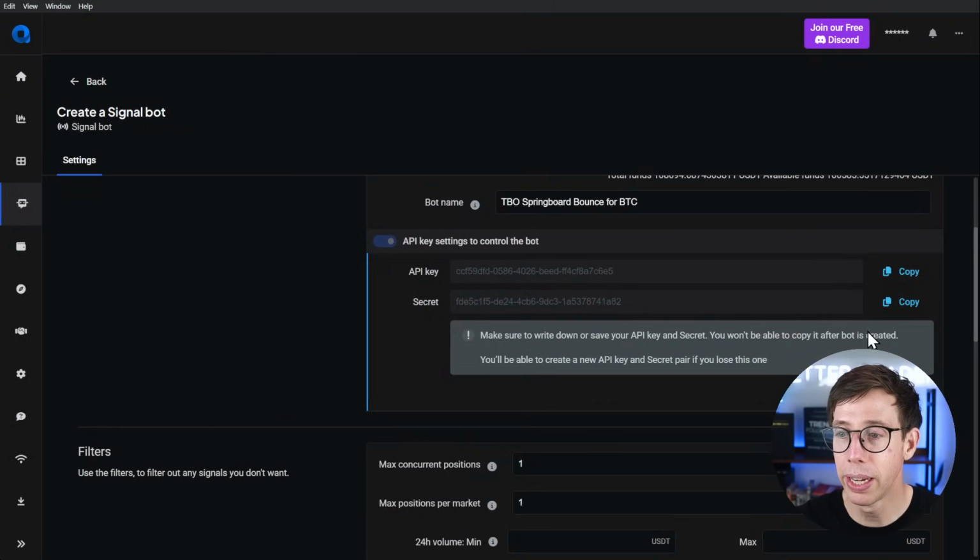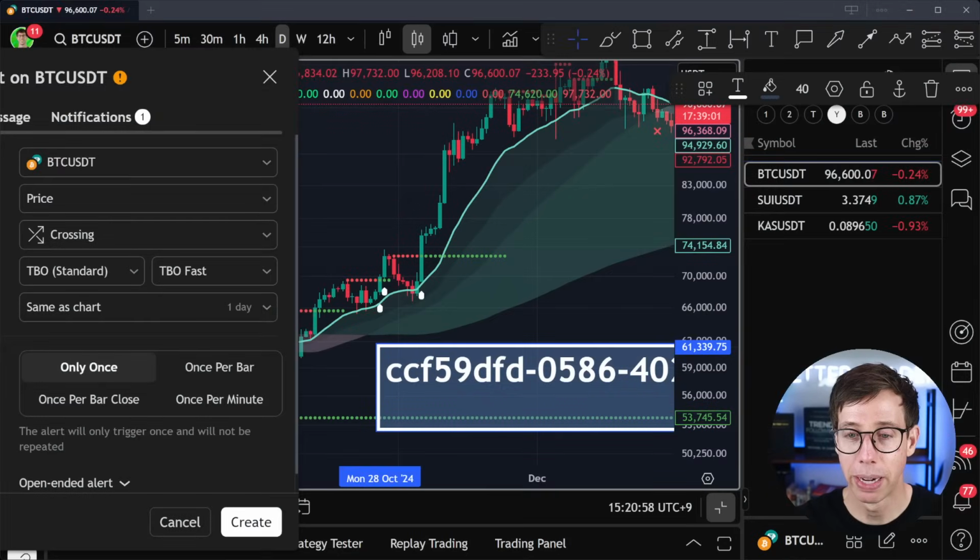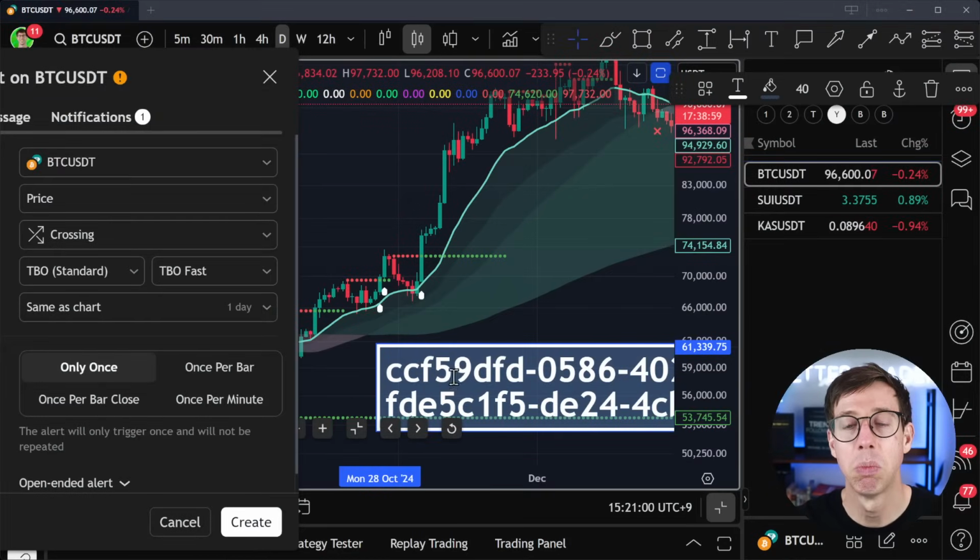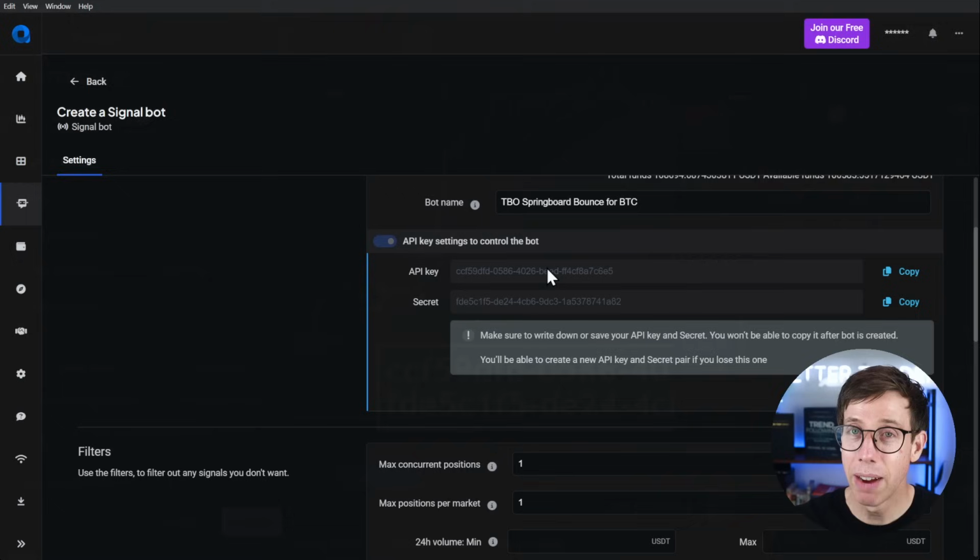Going back to Altrady, copy this, go back to TradingView, paste it in, perfect. Now, these API keys are keys that you should never, ever share with anybody. But the interesting thing about this is I'm not going to do it because I just copied it, but you